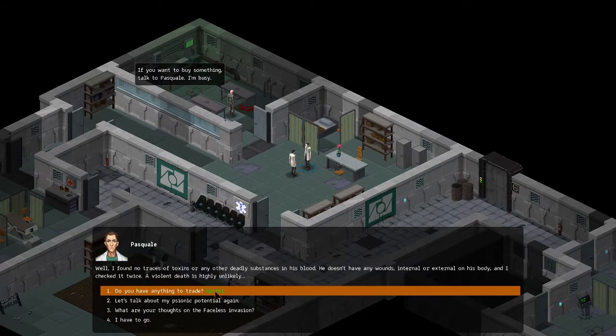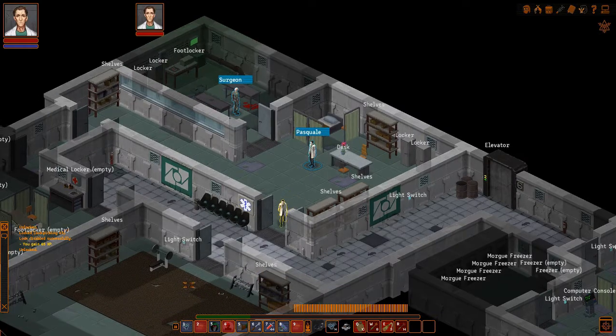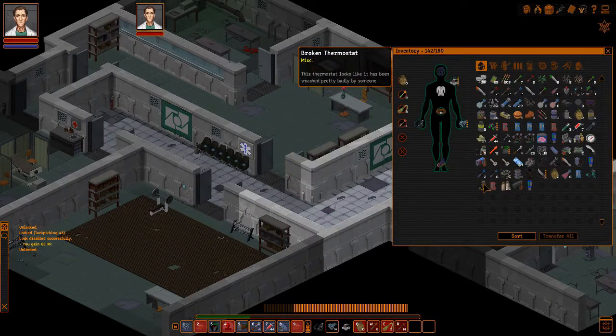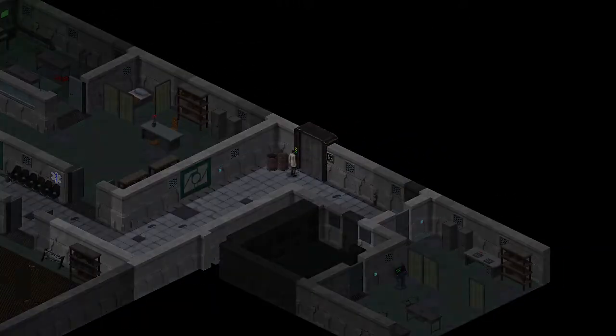Well, I found no traces of toxins or any other deadly substances in his blood. He doesn't have any wounds, internal or external, on his body, and I checked it twice. A violent death is highly unlikely. Yeah, but what about a non-violent death? So we did have that broken thermostat. So maybe go and talk to...